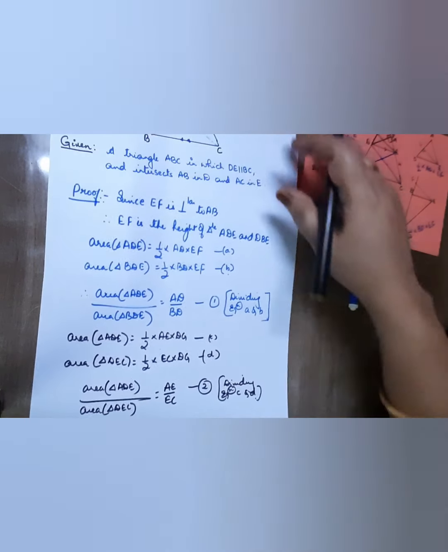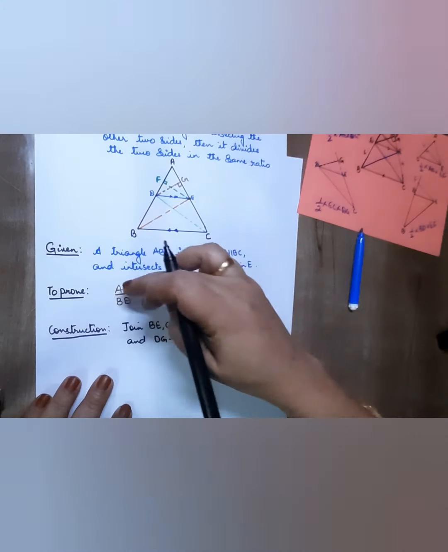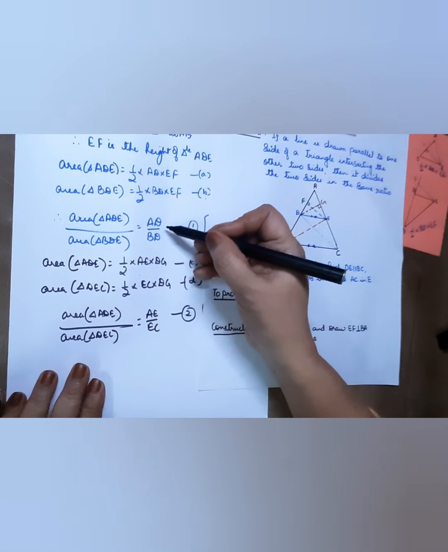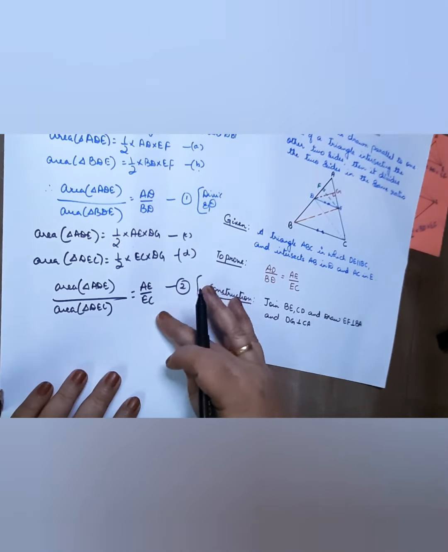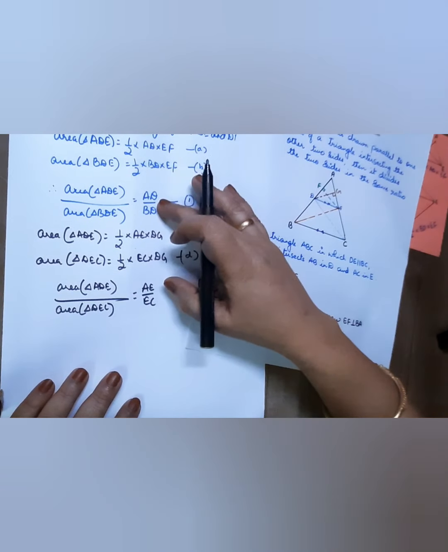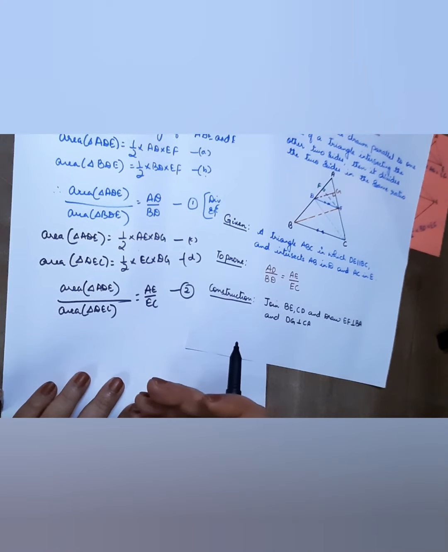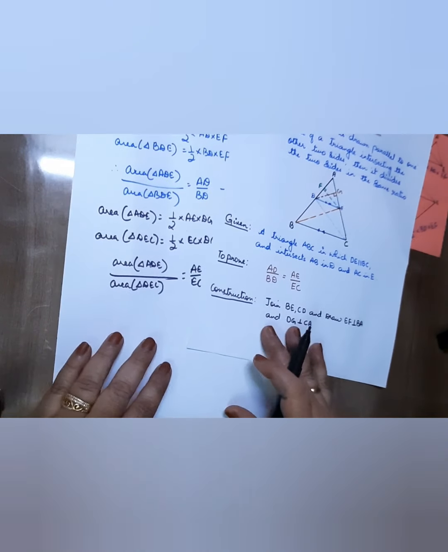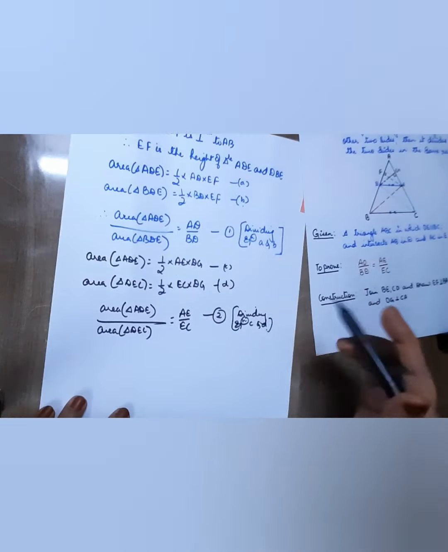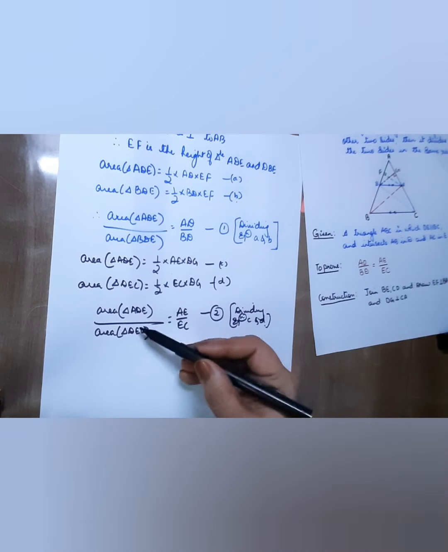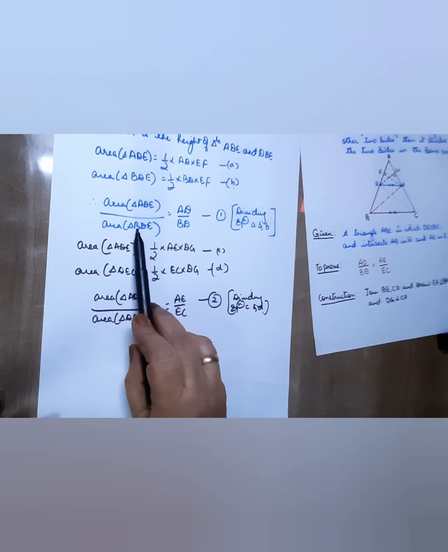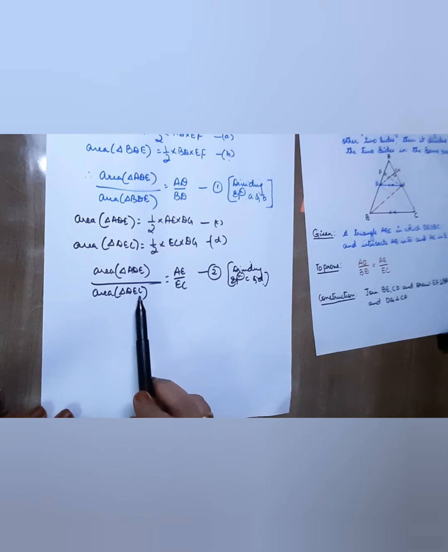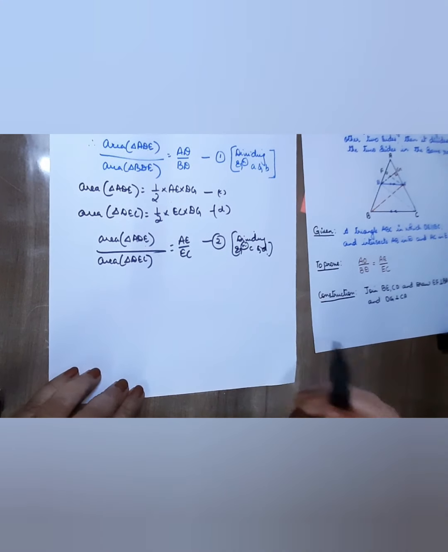Now look, what we had to prove here is AD by BD equal to AE by AC. We got equation 1, AD by BD, and equation 2, AE by AC. We just have to equate them. Simply we cannot equate without any reason. Math will not allow us to do that. So here you can see numerator ADE, ADE, so we don't have a problem with the numerator. If we prove that area of BDE is equal to area of DEC, then our work is done.